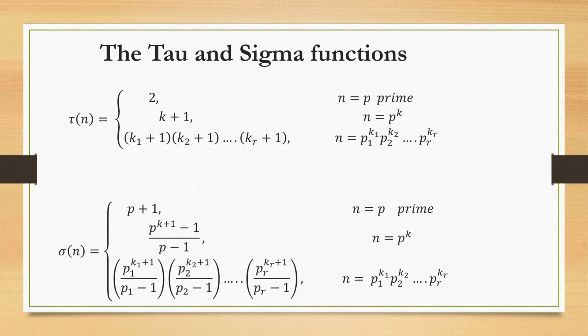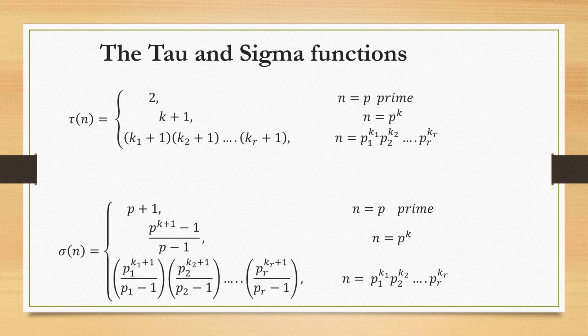That can be replaced as k1 plus 1 into k2 plus 1 and so on into kr plus 1. So this is the actual format for tau functions. Now the same way, coming to the sigma functions